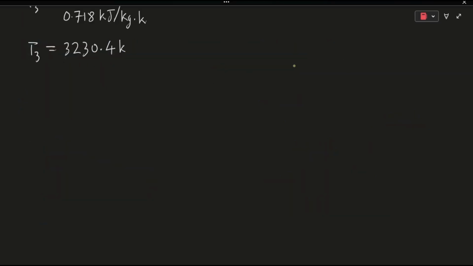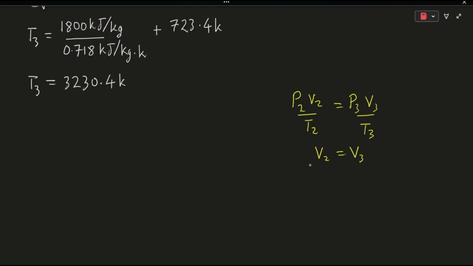Now, if we apply the ideal gas law, the volume at point 2 is the same as the volume at point 3. So this implies our pressure at point 3 is given by